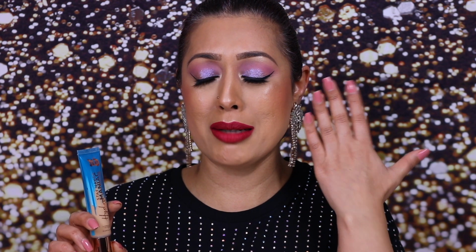One of the biggest trends of 2021 was skin type of bases, like tinted moisturizers and that sort of thing. Because skincare is so big these days, so many of us have got much better skin. I know I have. And also as a result of using sunscreen, my skin color has also lightened significantly. I mean, look at how pale I am. Like, what's that about? But anyway, one of the first brands to come out with a tinted moisturizer was